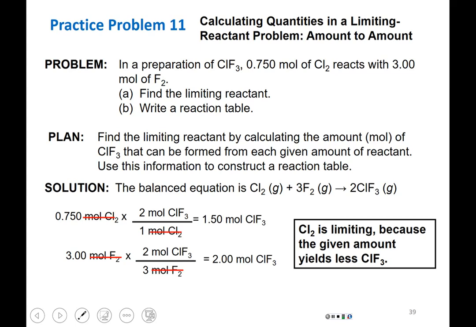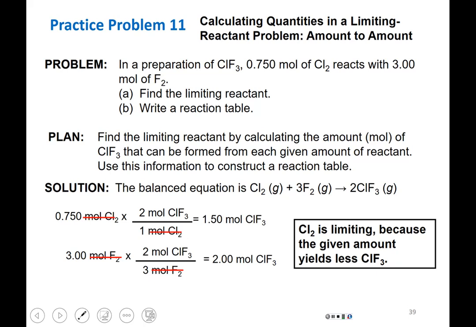The next step is you're going to determine how many moles can be formed of the product given the number of moles of each reactant. Right. So you're given 0.75 moles of Cl2. We use the molar ratio 2 to 1 in the chemical equation, and we determined that 1.5 moles of product